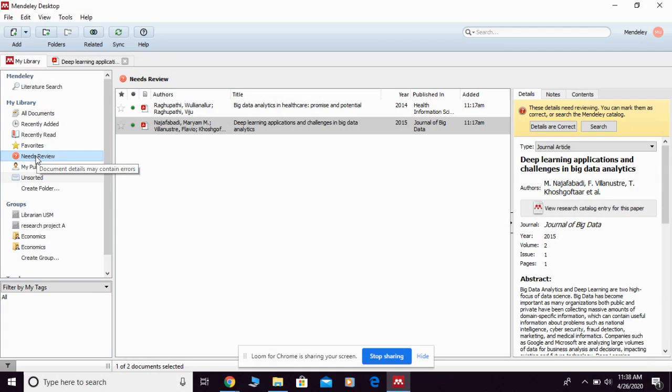And it is very important because before you cite, you need to make sure that all the references that you have in your Mendeley Desktop is already completed and comprehensive, providing you with comprehensive information. Otherwise, you're going to cite